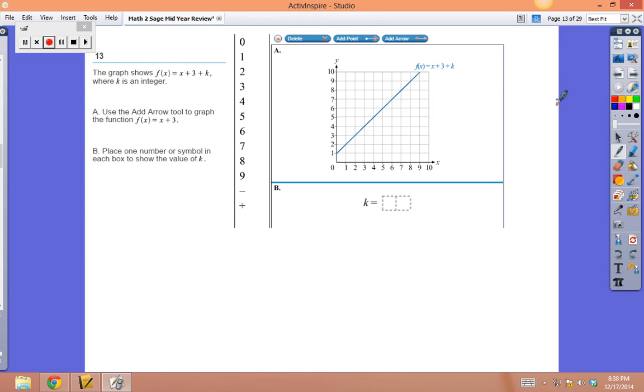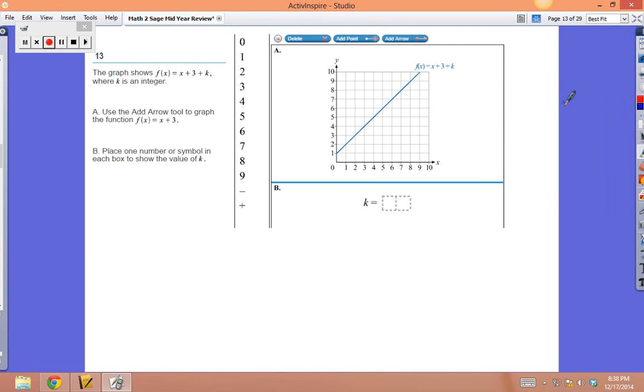Okay, 13 is kind of the same thing, a translation. So we need to graph x plus 3. The b is 3, that's this guy. The m is the number in front of x, the m is 1. So your first dot is 3, then up 1 over 1, up 1 over 1, up 1 over 1, up 1 over 1. Your line,